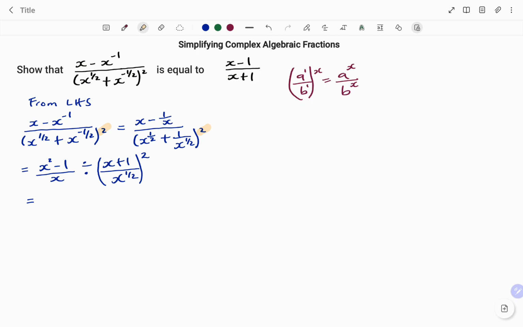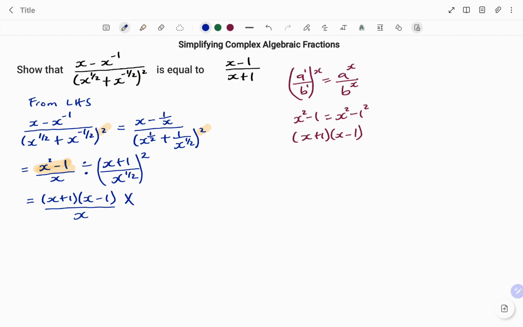Also, I'm going to factorize x squared minus 1. X squared minus 1 is the same as x squared minus 1 squared, a difference of two squares. The 1 squared remains the same, that's 1, and factorizing will give me (x + 1)(x - 1). So going back to my question, I have x squared minus 1; if I factorize, that will be (x + 1)(x - 1) divided by x.